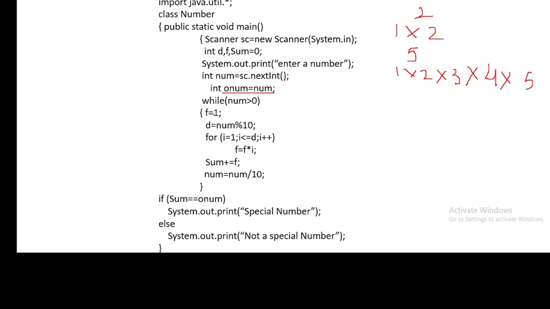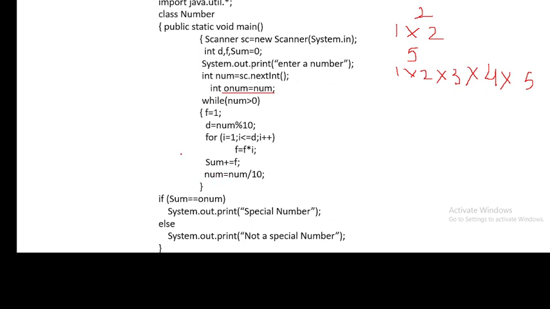See, यहाँ पर हमने factorial को 1 लिया. लूप के अंदर क्यों लिया है इसको, because whenever you check the factorial for the next digit, this factorial should again become 1. So 1 by 1 we will separate out the digit. Now D contains the last digit. Then this loop will go from 1 to this digit. We'll calculate the factorial and then this F will be added to sum. We repeat the process by updating this variable num.